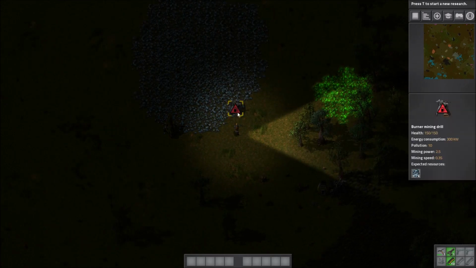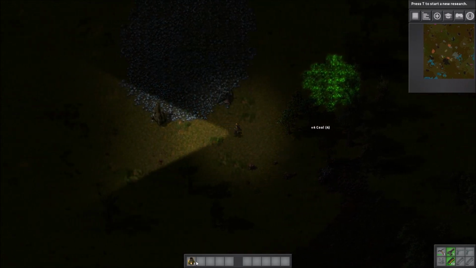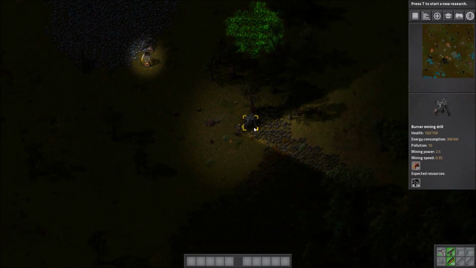There we are. Boom. And fill you with coal. Now, just pick that up for now and place it over here instead. There we are. And put that there. I mean, it's easier to transport the coal over than it is anything else, so we're just...